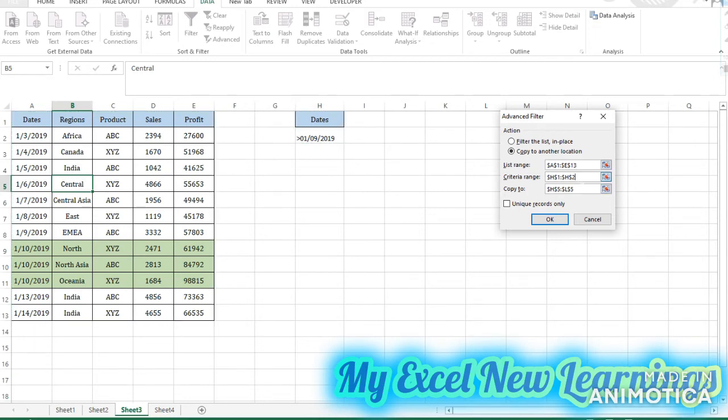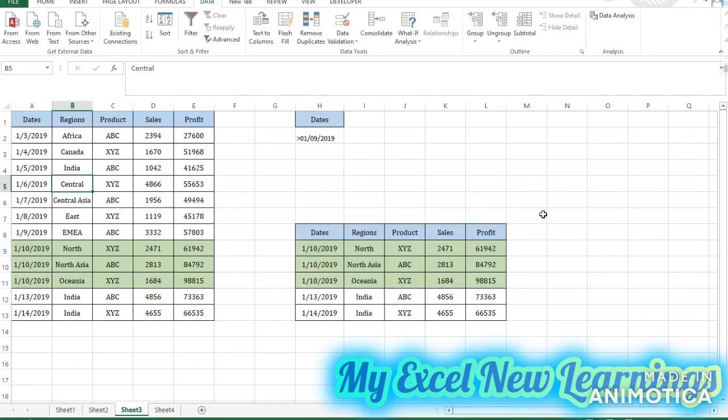Now I will clear this criteria range. This will be our criteria range and I want to copy and paste the data here. So we have total 5 records which are greater than Jan 9. So here are the 3, 4 and 5. This is our data.